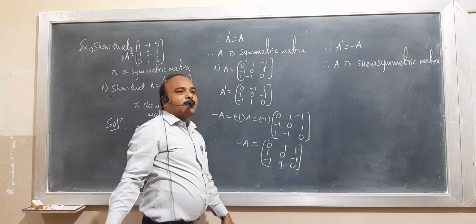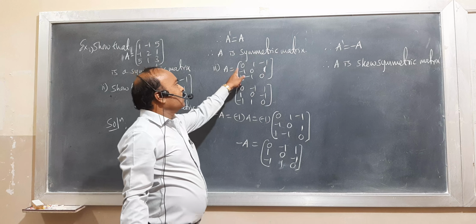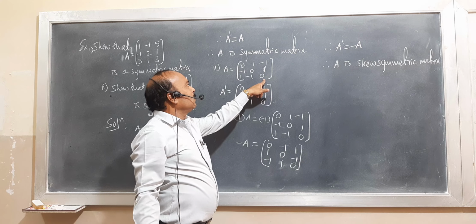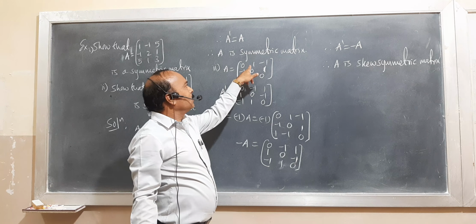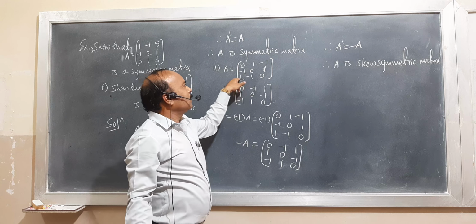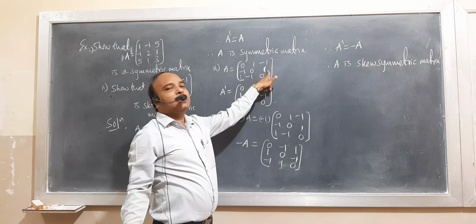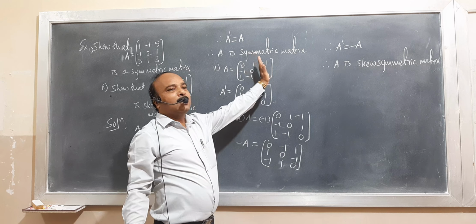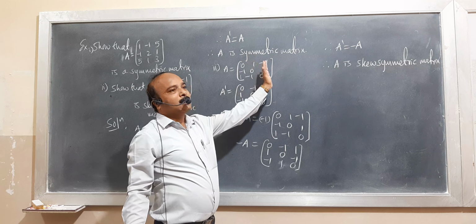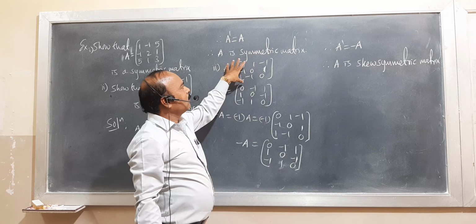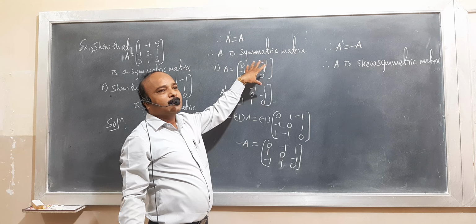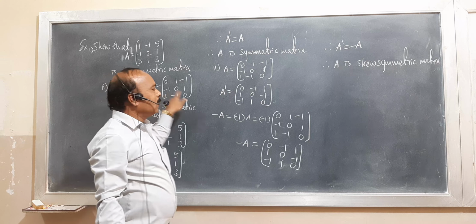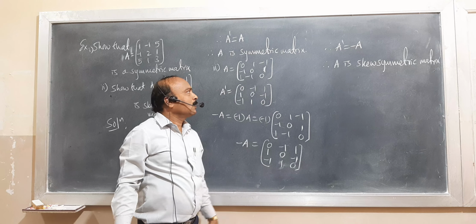And here also you observe that if it is a skew symmetric matrix, the diagonal elements are 0, and you see the non-diagonal elements. Here -1, it is +1, here +1, it is -1, here -1, it is +1. Means the non-diagonal elements on both sides of the principal diagonal are equal but of opposite sign. Therefore, just by seeing only we conclude that it is a skew symmetric matrix. Like that you prove the result. Here the first one is a symmetric matrix and the second one is a skew symmetric matrix. That is this.